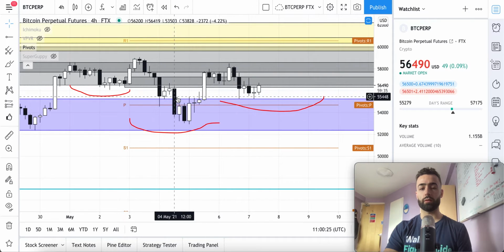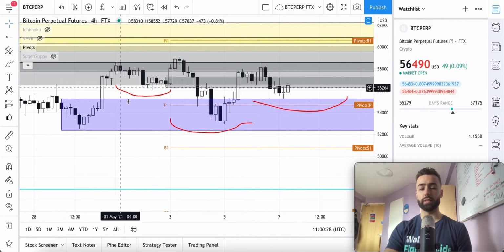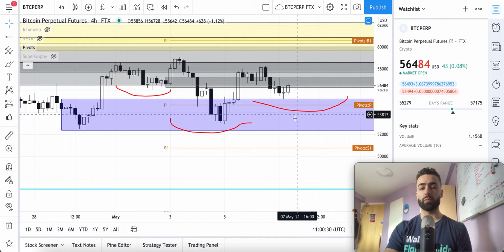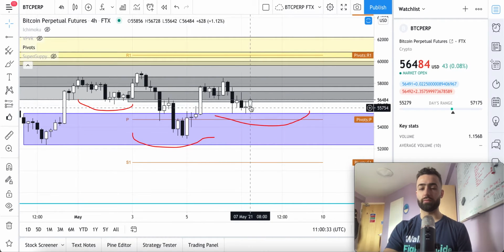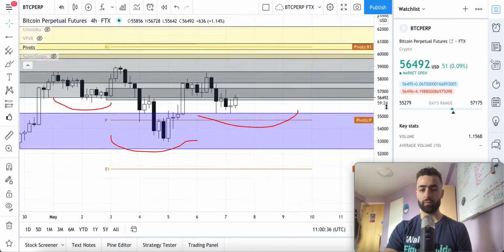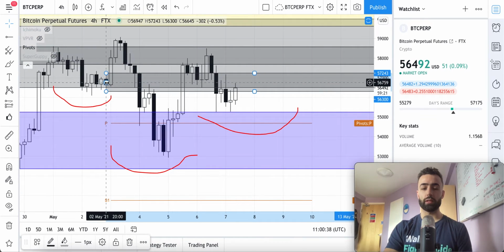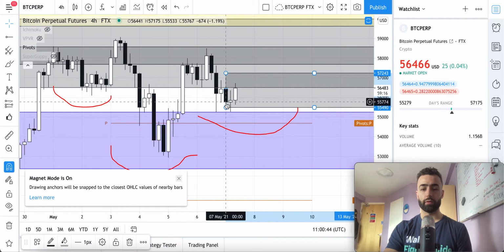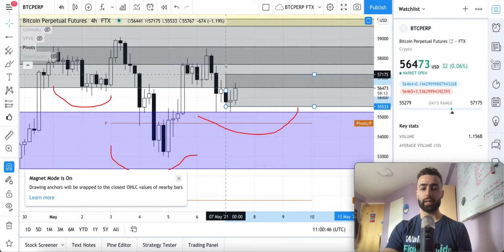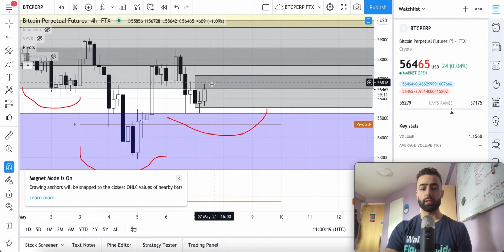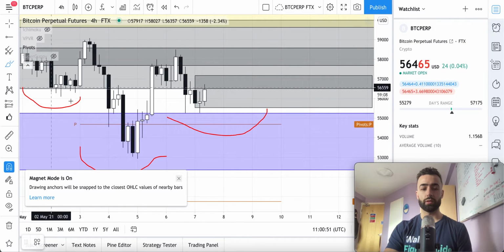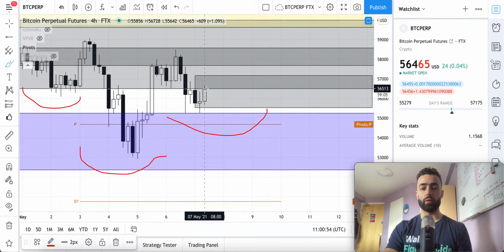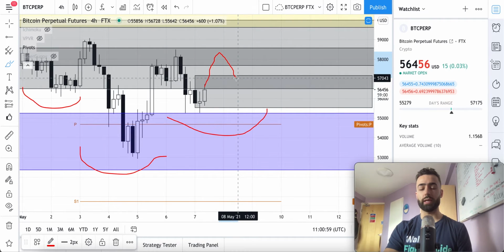If we want that 12-hour head and shoulders pattern to play out, you can see it on the 4-hour time frame with a little bit more granularity. We need to see the 4-hour trend change, and so that's what I'm looking for. And if we do end up changing that trend over the course of the day, what will happen is this black candle will end up being a support zone for us if we close 2 candles above this zone. So it'll look something like this, where we go above, 2 candles closing above this zone, and then if we come back into it and test it, this will be a support zone for us,